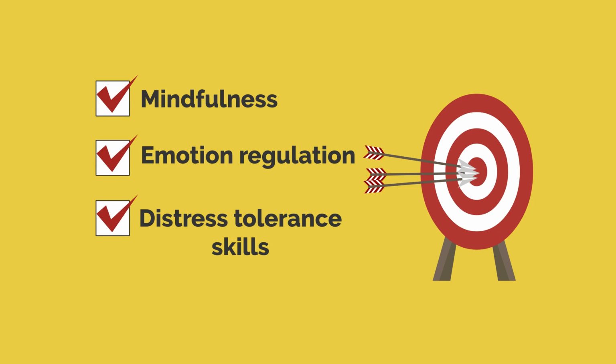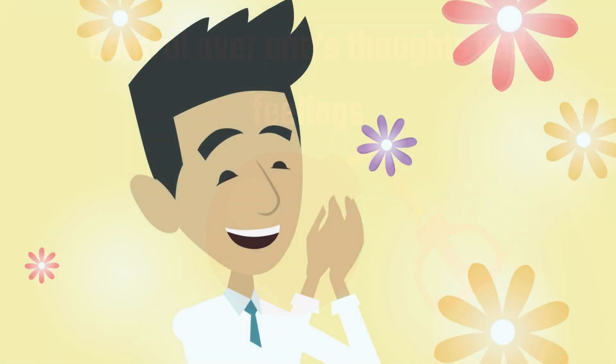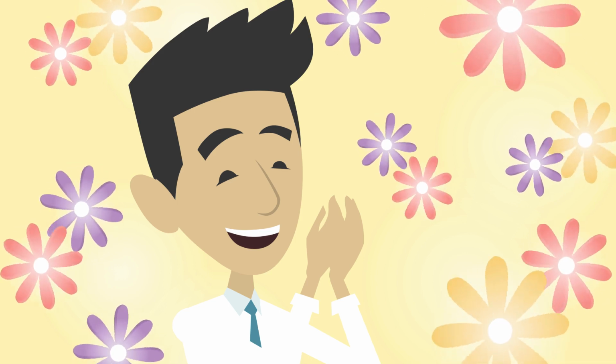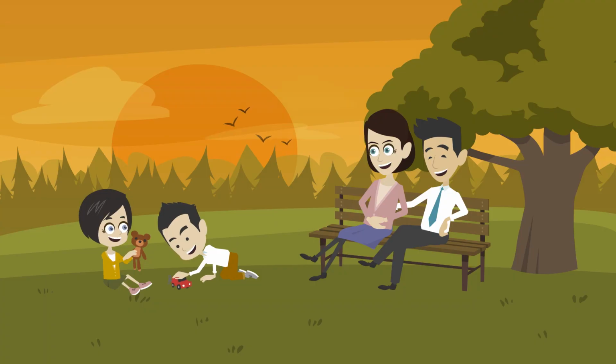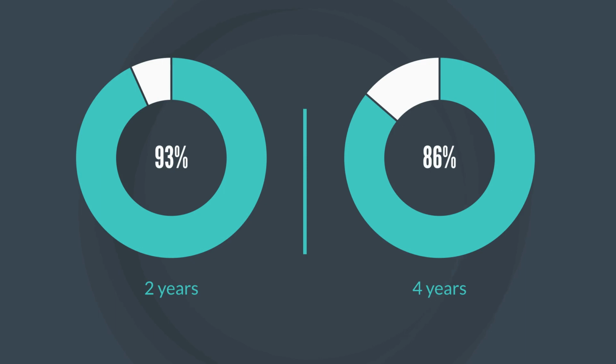The goal of the skills training group is to provide mindfulness, emotional regulation, and distress tolerance skills. The combination of psychotherapy provides the patient with a better sense of self-control. If DBT is well received and taken seriously, an individual could break the patterns of thinking, behavior, and feeling. The individual with BPD will have better ways to navigate their triggers, having found ways to manage possible outbursts in healthy manners. 93% of patients with BPD had a remission that lasted for 2 years, while 86% had a remission that lasted 4 years.